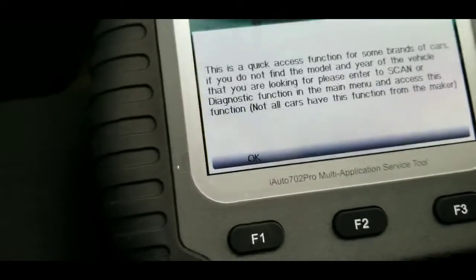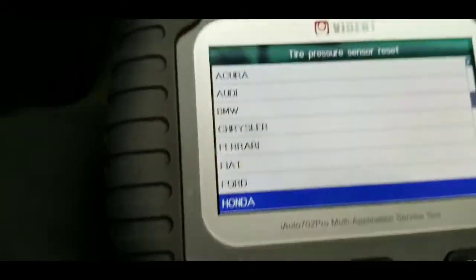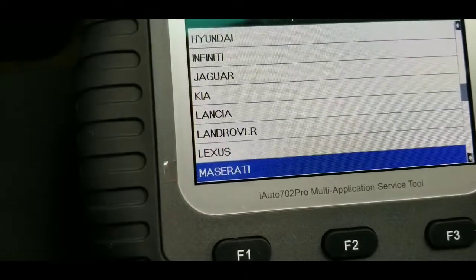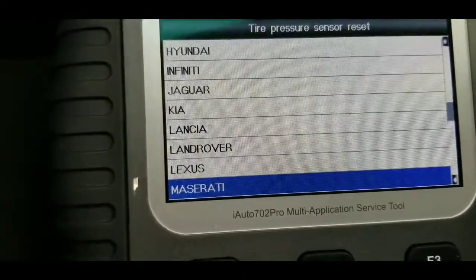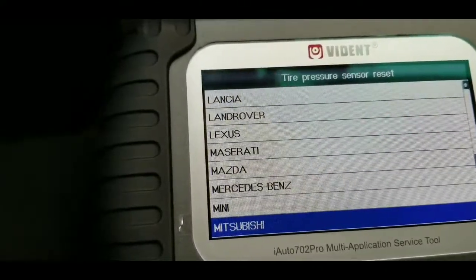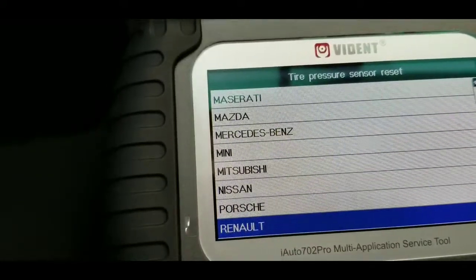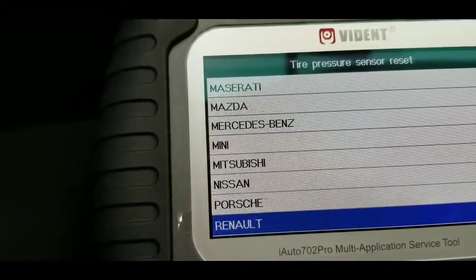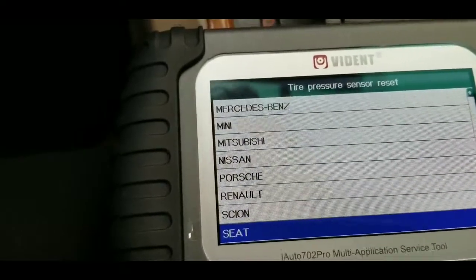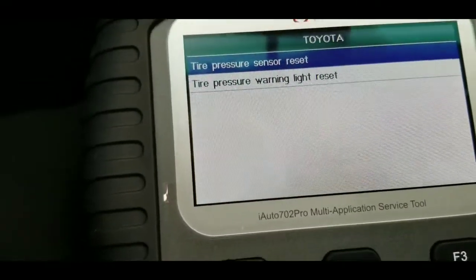I wouldn't know whether it picked it up unless I actually took the rear tire off and put it at a distance where it doesn't read the rear tire, because my car only reads five tires: four tires and the fifth tire, which is the spare. The only way for me to find out whether that works is to take the rear tire off, put it at a distance where it doesn't pick it up, and then have my replacement TPMS sensor in the car and see if it picks that up. That's just too much work for me at this moment. I haven't needed to do that. I'll probably do that at some point, but